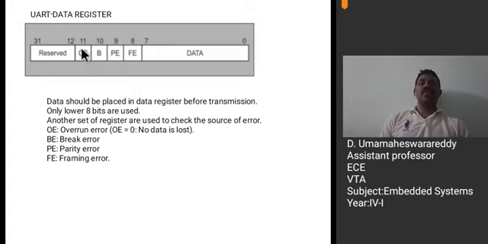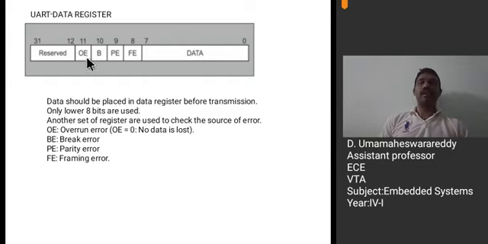See, overrun error occurs when the data is not read by the variable before another data is received and stored in the variable. That means if you are not reading data from the receiver buffer, at that time another data is received by the buffer and stored in the data register.